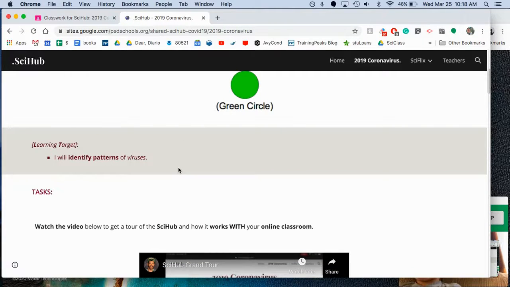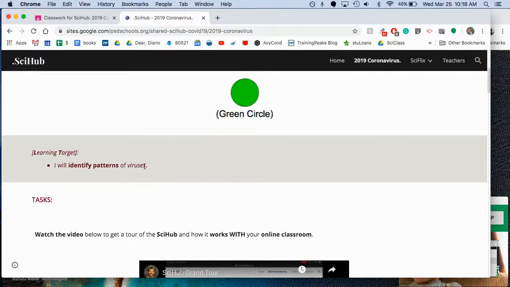All right, exactly. So here in the green circle, we're first just going to learn about viruses. That's why that one YouTube binge said something about viruses, because we're just going to look at what viruses are in general, because the coronavirus is an example of this thing that's called a virus. Now,